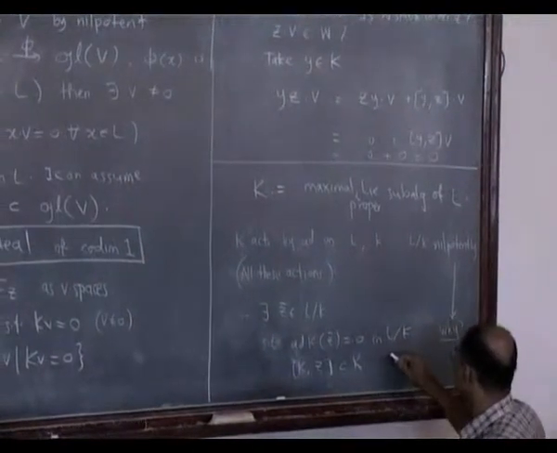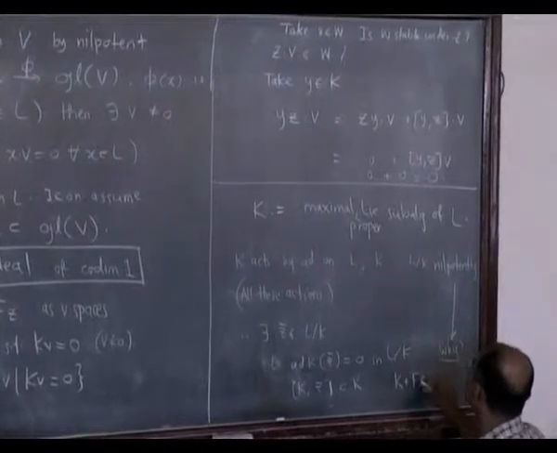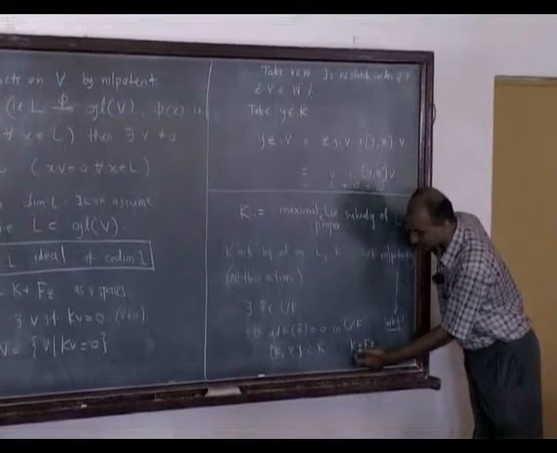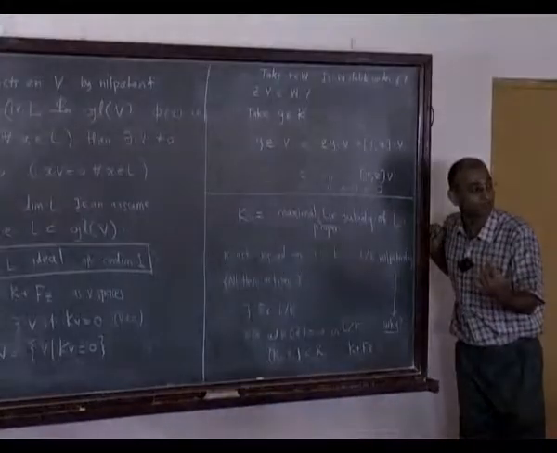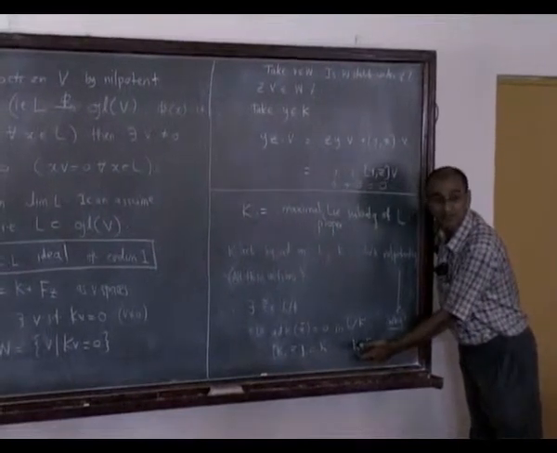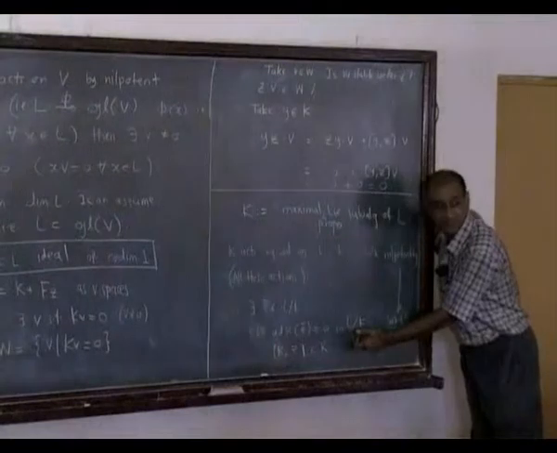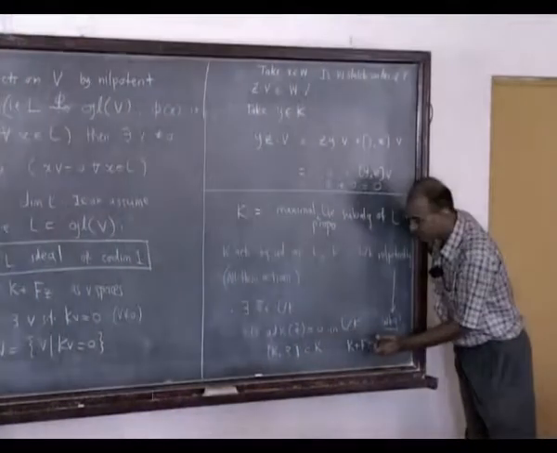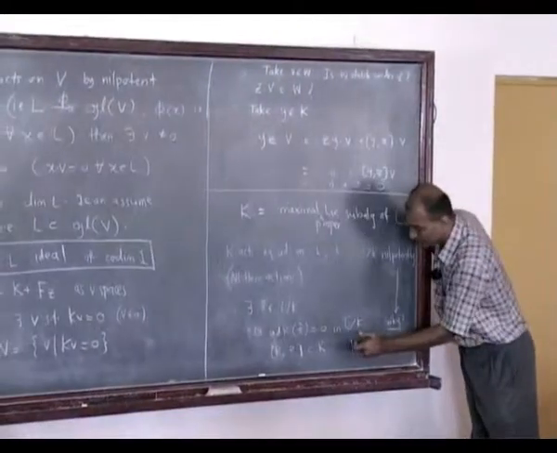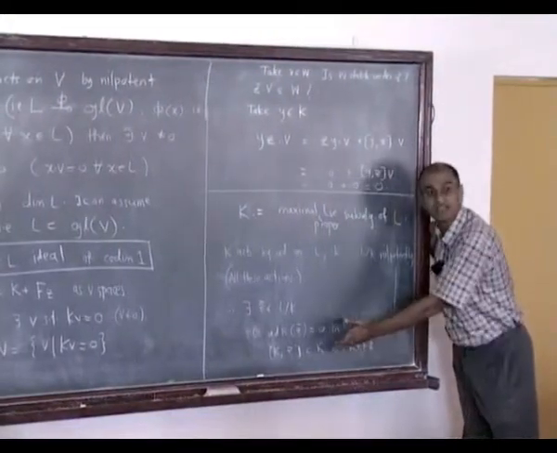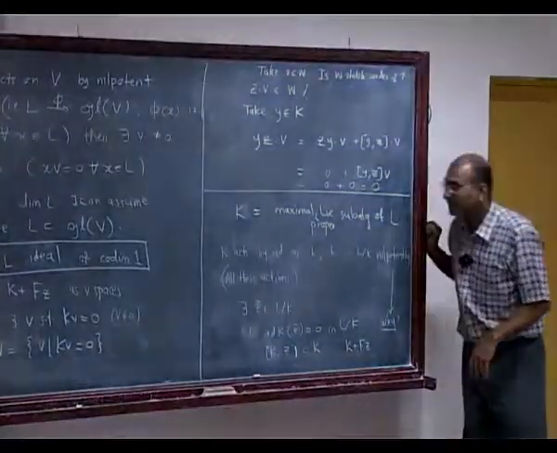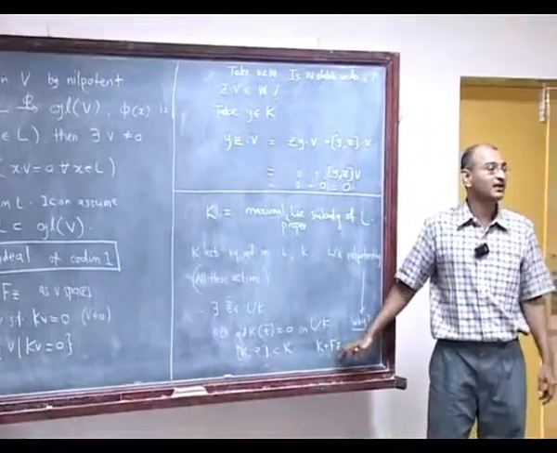Notice what this means. So consider now K plus the line spanned by Z. This is certainly a vector space of dimension 1 bigger than K. Is this a Lie algebra in itself? Let us check. Well, K is a Lie subalgebra, so that is all right. If I take the bracket of Z with itself, it is 0. So I just have to check the cross brackets. If I take the bracket of something in K with Z, it lands in K. So this is a Lie subalgebra. But I started with K, and this is strictly bigger than K.